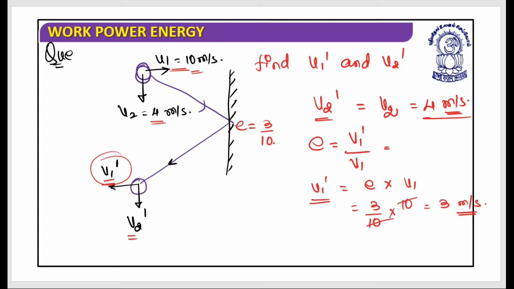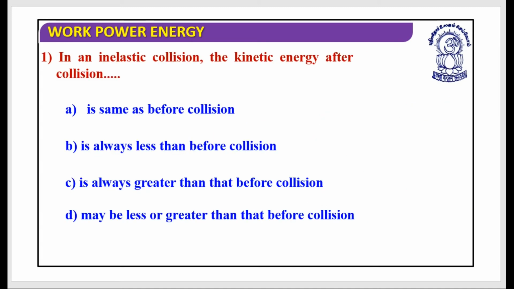Is it clear? Great. Let's have certain MCQs and then again we will move to the very good applications. Let's begin first. What does it say? It says in an elastic collision the kinetic energy after the collision is same as before collision, is always less than before collision, is always greater than that before collision, or maybe less or greater than that before the collision. In an inelastic collision